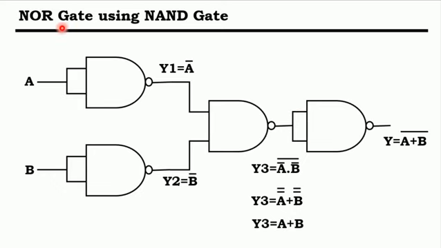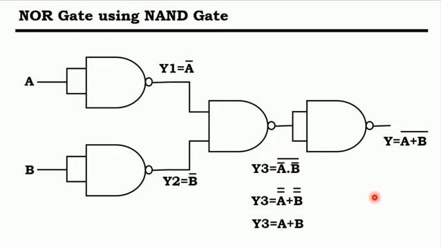So in this way we can form the NOR gate by taking 4 NAND gates, and the basic output of the NOR gate can be achieved using these 4 NAND gates. So this is the basic process. If you want to check, then you can apply the truth table and check the output of this Boolean equation, that is y is equal to a plus b whole bar.